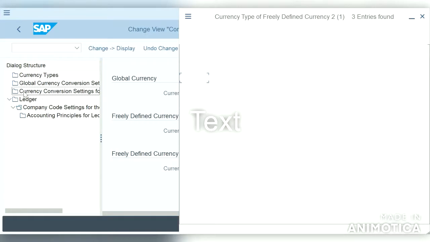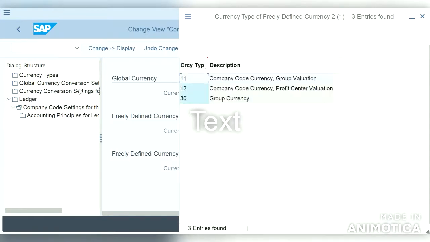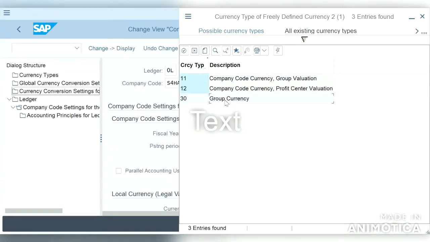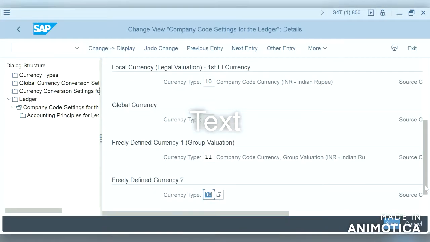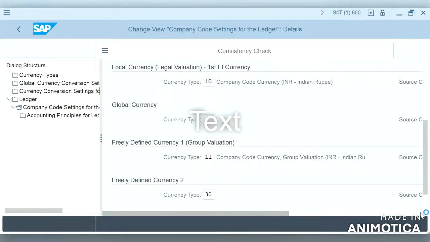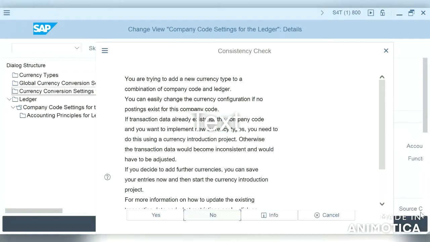Actually we have added it to currency conversion settings, so we can see this. 30, and if we click on enter, this is the same thing which we can see in ECC. We are trying to add a new currency type to a combination of a company code and ledger.